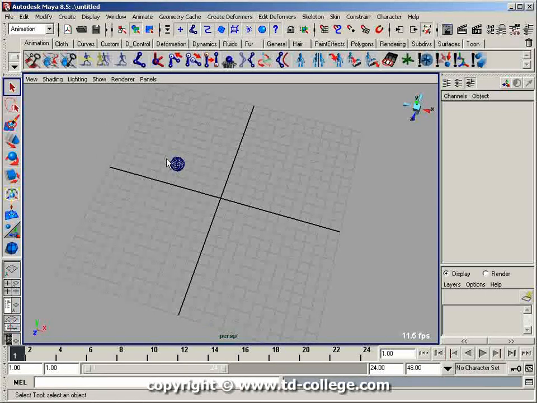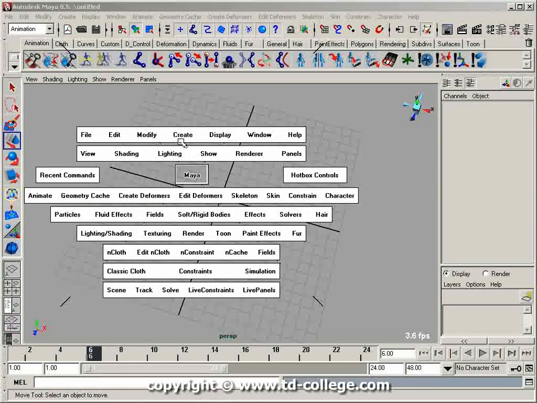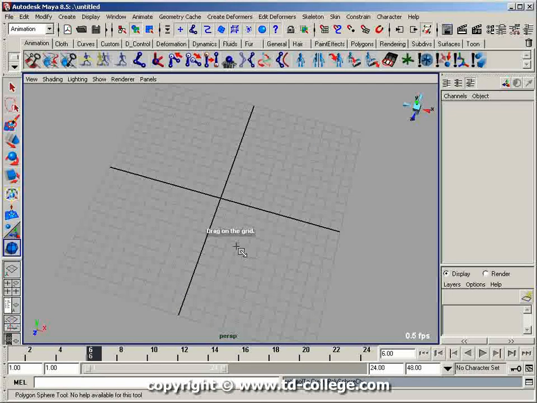I mean, the way that they would do that is basically move this into place, key it at frame 1, then move it somewhere else, frame 8, frame 16, they would want it around here. But you'll notice that it's not describing a perfect circular path, because it's basically moving from one point to another. Now you can dive into the graph editor and start tweaking this, but it ends up being a huge pain. So let me delete that and create a new sphere. So here's a way that I could do it